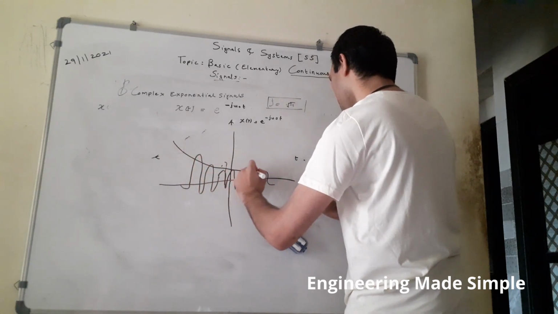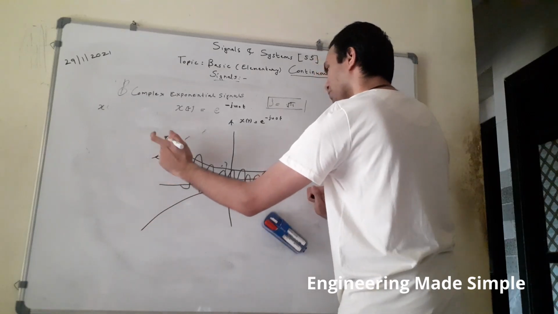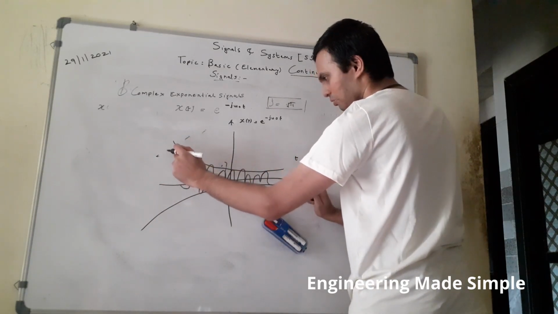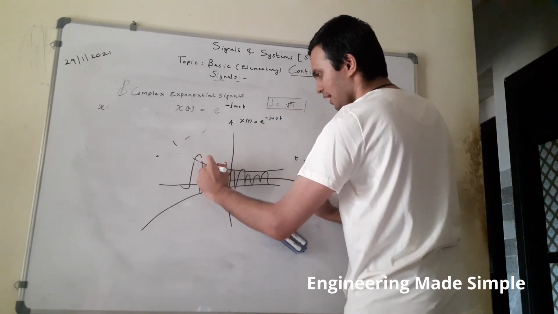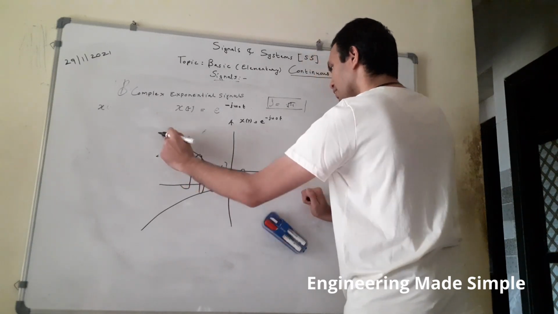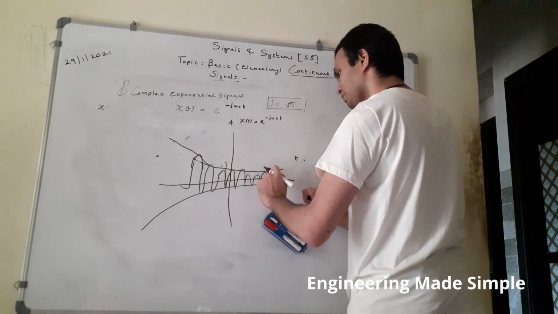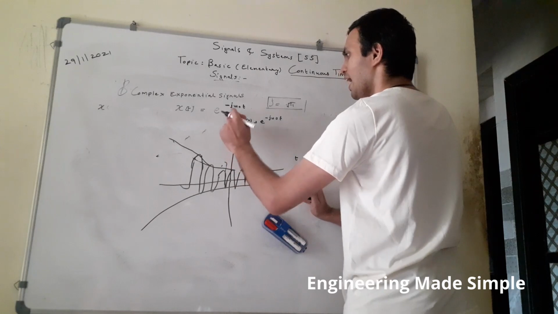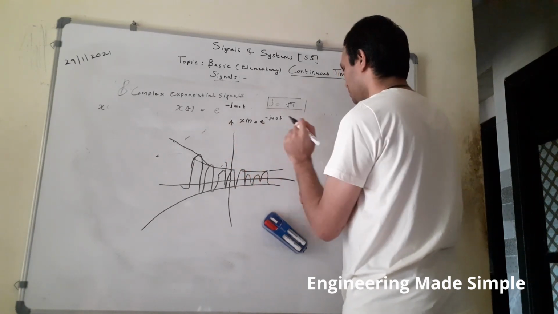So if we join the envelope of this curve, it would be a decaying exponential. Observe this. It is a dotted line actually, but I am showing it as a continuous one for simplicity's sake and understanding, because I am showing it on video. If you join the peaks and troughs of this curve, it resembles a decaying exponential signal, and because of this minus sign, it is known as a decaying complex exponential signal.